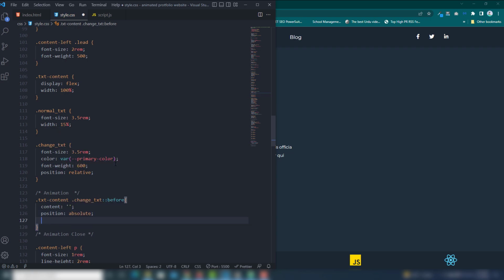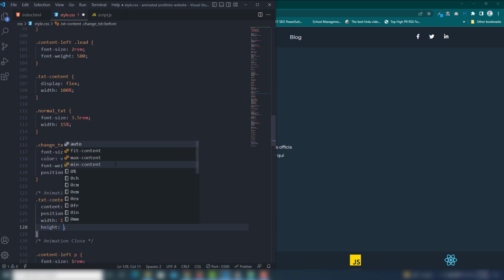I'm going to use width 100% and height also 100%. Let's save that, and you can't see any changes there.